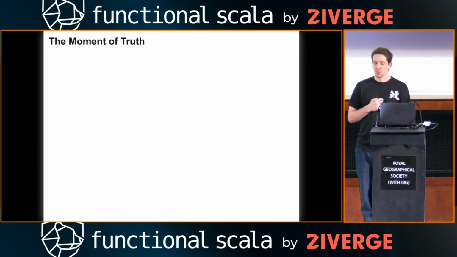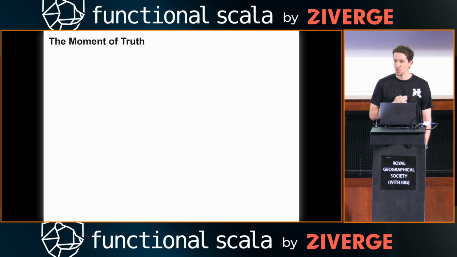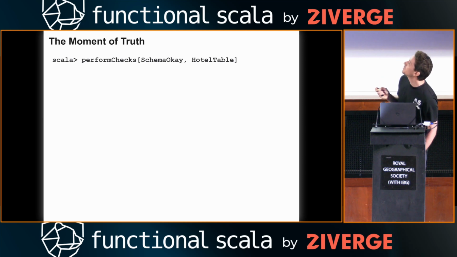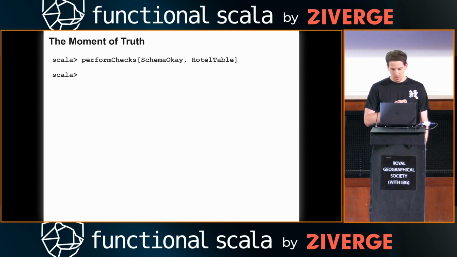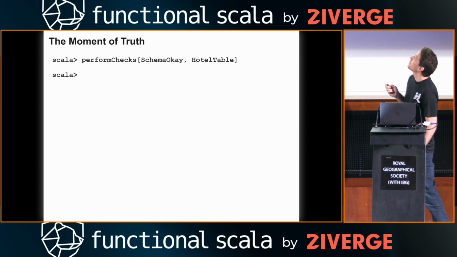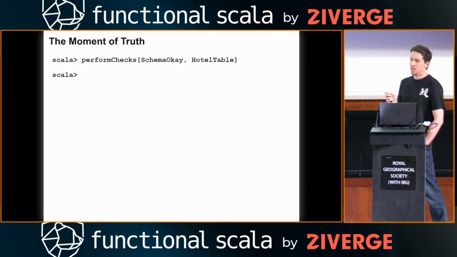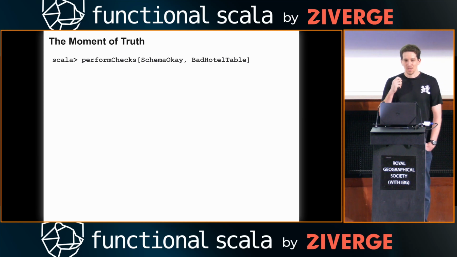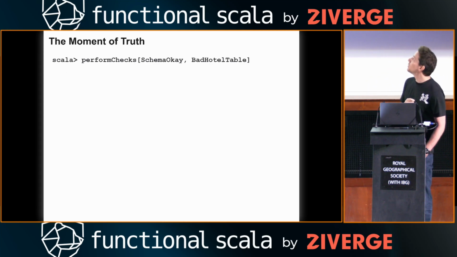And now is the moment of truth. Does it actually work? It will be embarrassing if not, I guess. So here we're doing performChecks with the schema checks over a hotel table, and nothing happened. Right, so hotel table is actually a valid schema, so it should compile, it's fine, everything is okay. Now the real moment of truth, here's another one. So we have the suspiciously named bad hotel table,